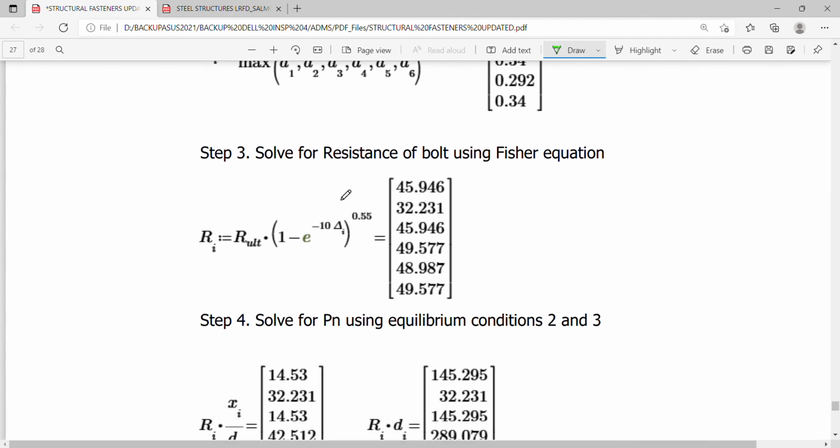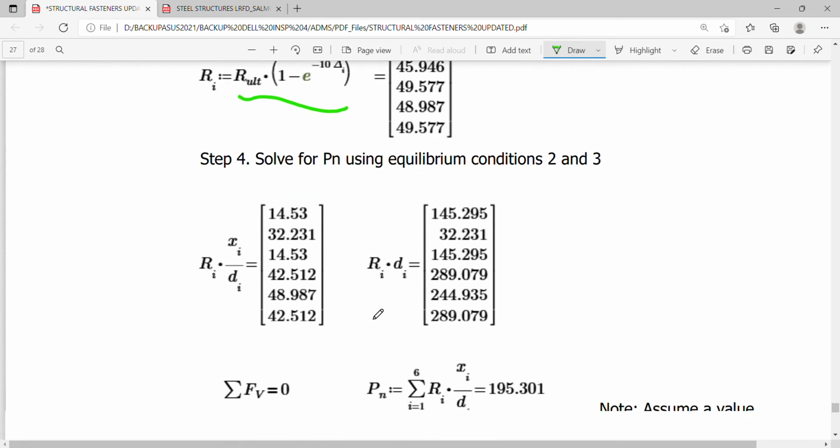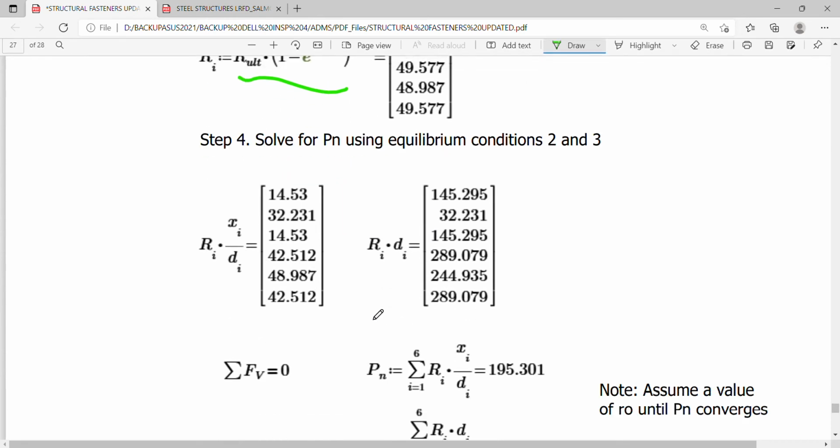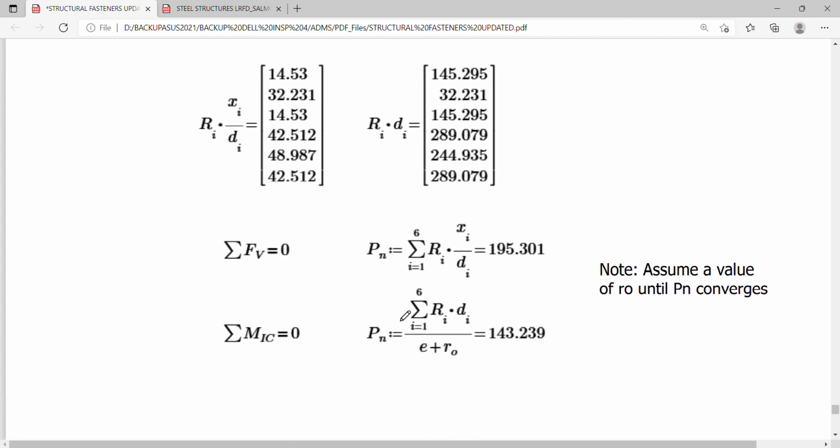So the resistance of each bolt can be obtained using the Fisher equation. This is now on the basis of the different values of delta I computed in step 2. And for step 4, we simply substitute your RiXi over Di and RiDi into the two equations. Okay, so the first equation